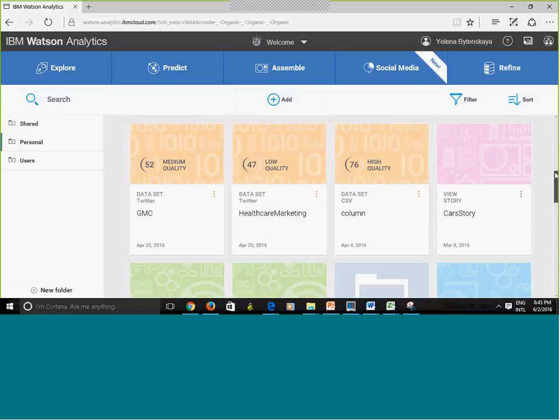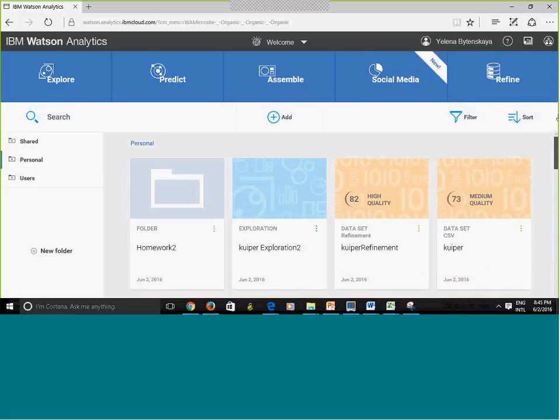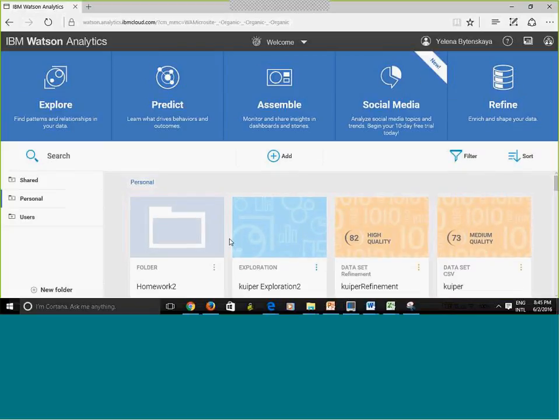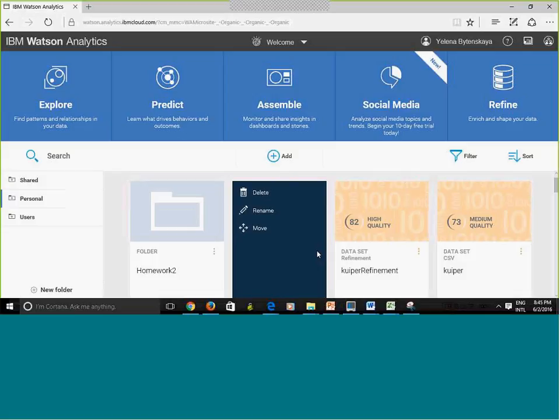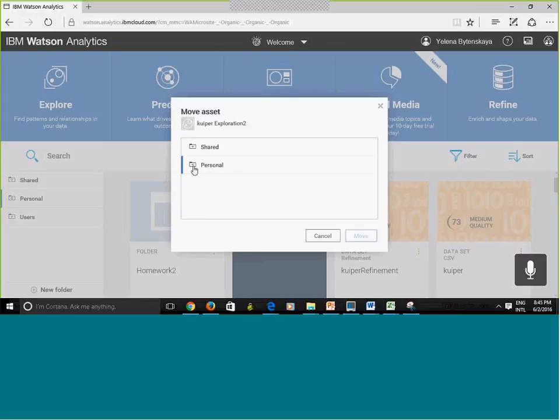Alright, so now this is a really long list of things. I have a lot of stuff here. So what I could do is I can move some of my files into a folder. So you see this? On the options, there is a triple dot here. I do move. And here I expand. And I'm going to see the list of folders that I have. Homework 2.